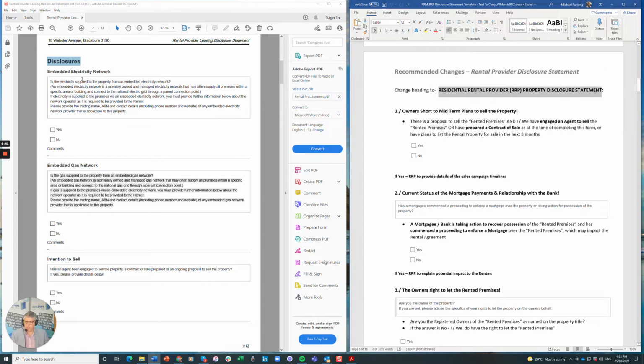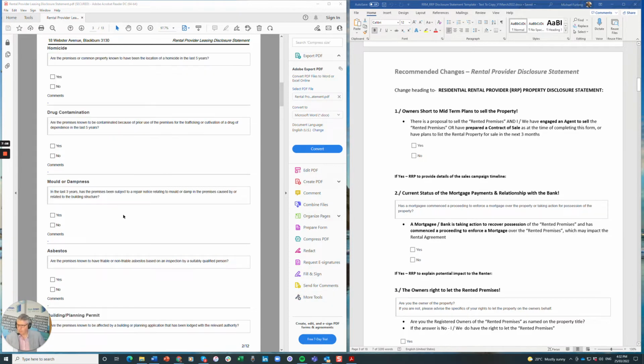So that's really what we're putting across there, and moving this one up, and yes, no is fine, and I'll just move myself there. Instead of comments, if yes, RRP to provide details of the sales campaign timeline. So again, we've talked about what it is we're looking for. If it's a yes, then they need to pop their information in through to there. Okay, then the next one is, I think it's on the next one,